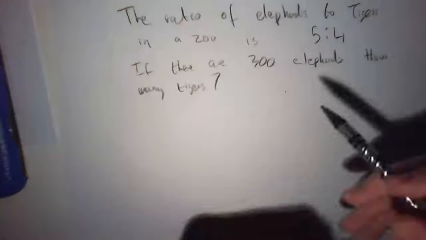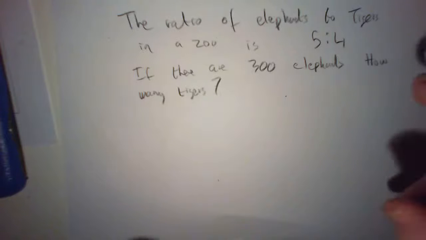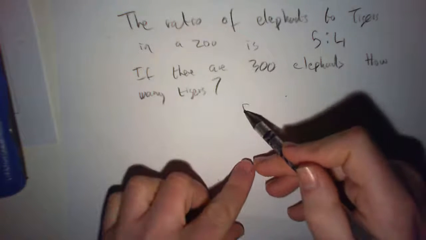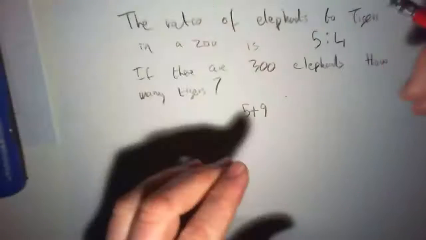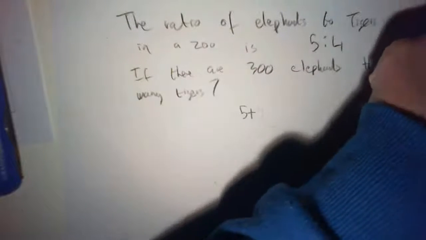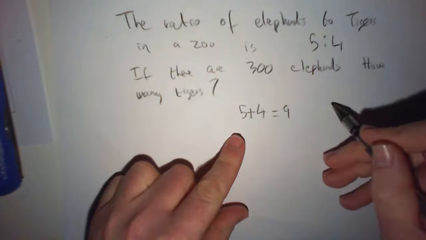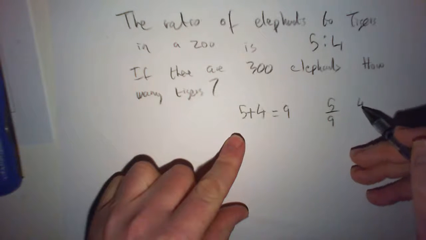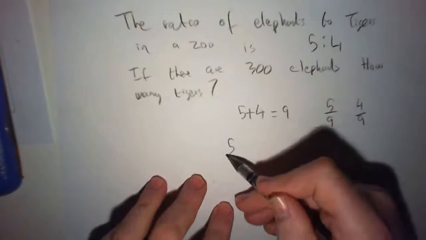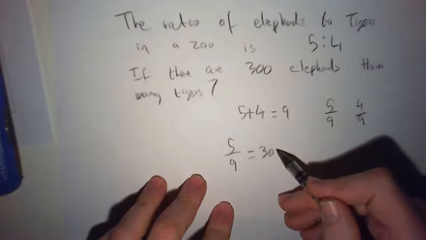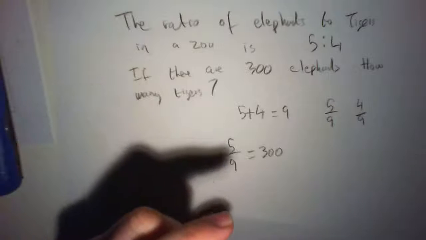Well, suppose, first of all, we've got a ratio. But in order to work it out, we need the proportion. Okay? So how do we work out the proportion from the ratio? You add the numbers. Sorry, I'm getting ahead of myself there. Okay? You add the numbers. And then each of that is a fraction of that total. So we know there are 300 elephants. That represents 5/9. So we need 4/9. So if we can get it down to a unitary, if we can get it down to 1/9,